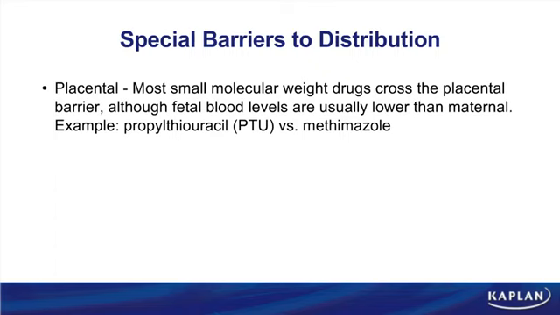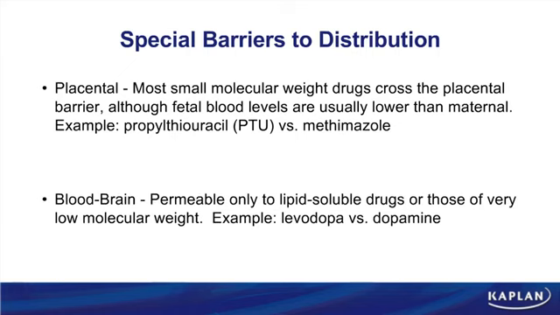When I think about a good, effective barrier, that would be the blood-brain barrier. The blood-brain barrier is permeable only to lipid-soluble drugs or very, very small drugs by molecular weight. If I take the examples of lithium and ethanol, lithium is the smallest drug we have, and even though it's positively charged, lithium can get into the CNS. That's because of its low molecular weight. It's so small it can get in. And also ethanol. Ethanol is an alcohol which is water-soluble, but it's small enough that it can actually enter the